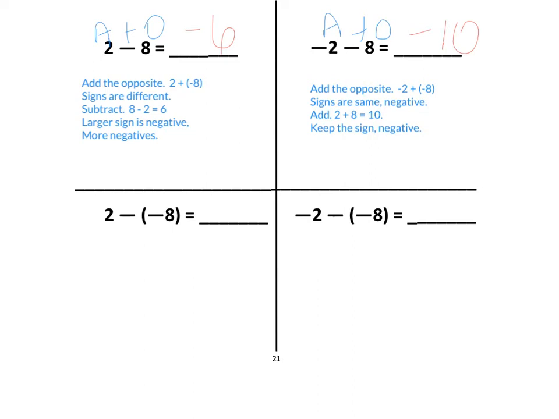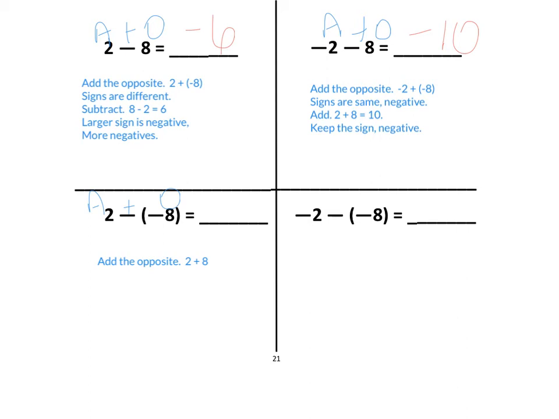Take a look at the third example, 2 minus negative 8. We know the first step has to be add the opposite. A lot of students see add the opposite and assume that they can go in and do this idea of add the opposite on addition problems. You cannot. It will only work on subtraction. If we are going to add the opposite, we know the first number stays the same, subtraction turns to addition, and we take the opposite sign of the second number. Negative 8 is negative, the opposite of it is positive,